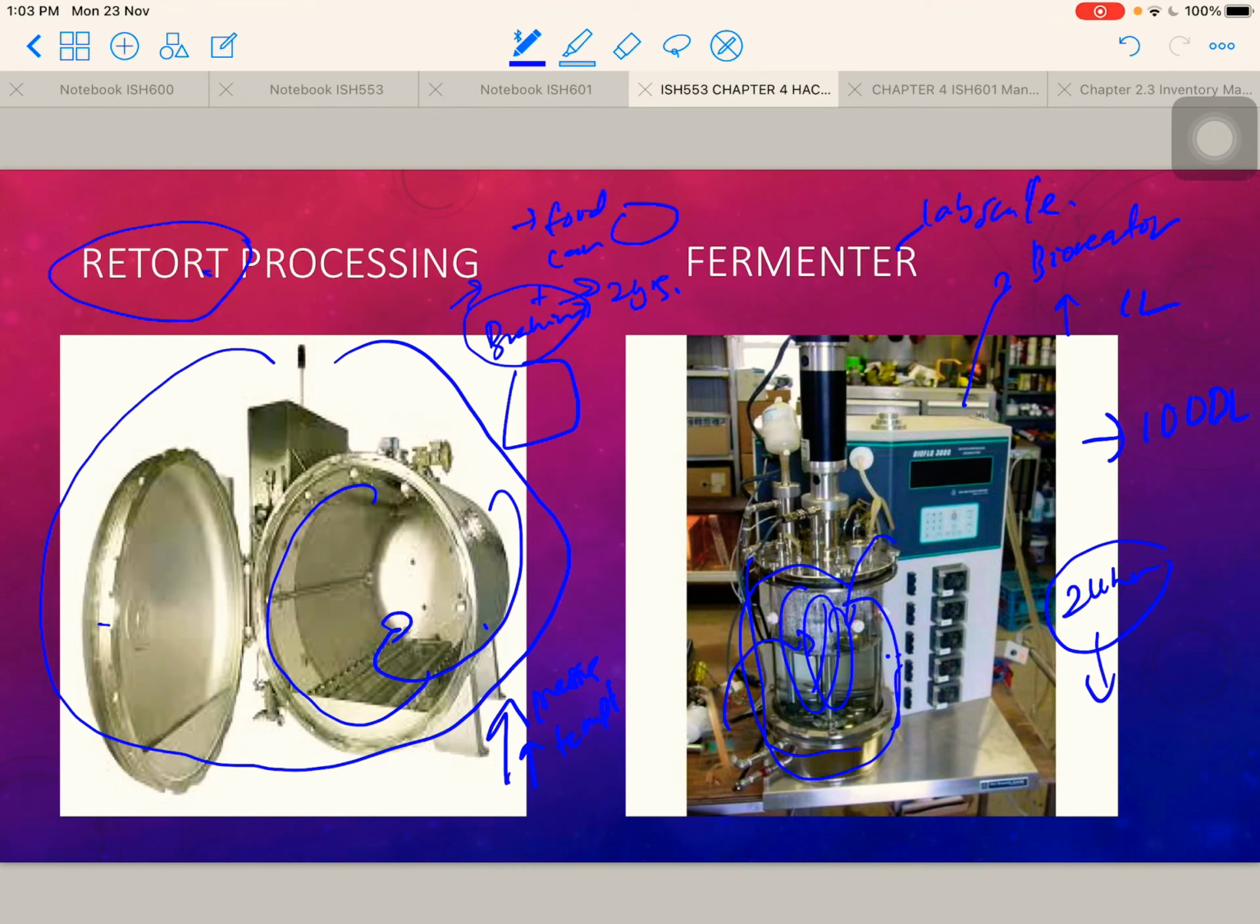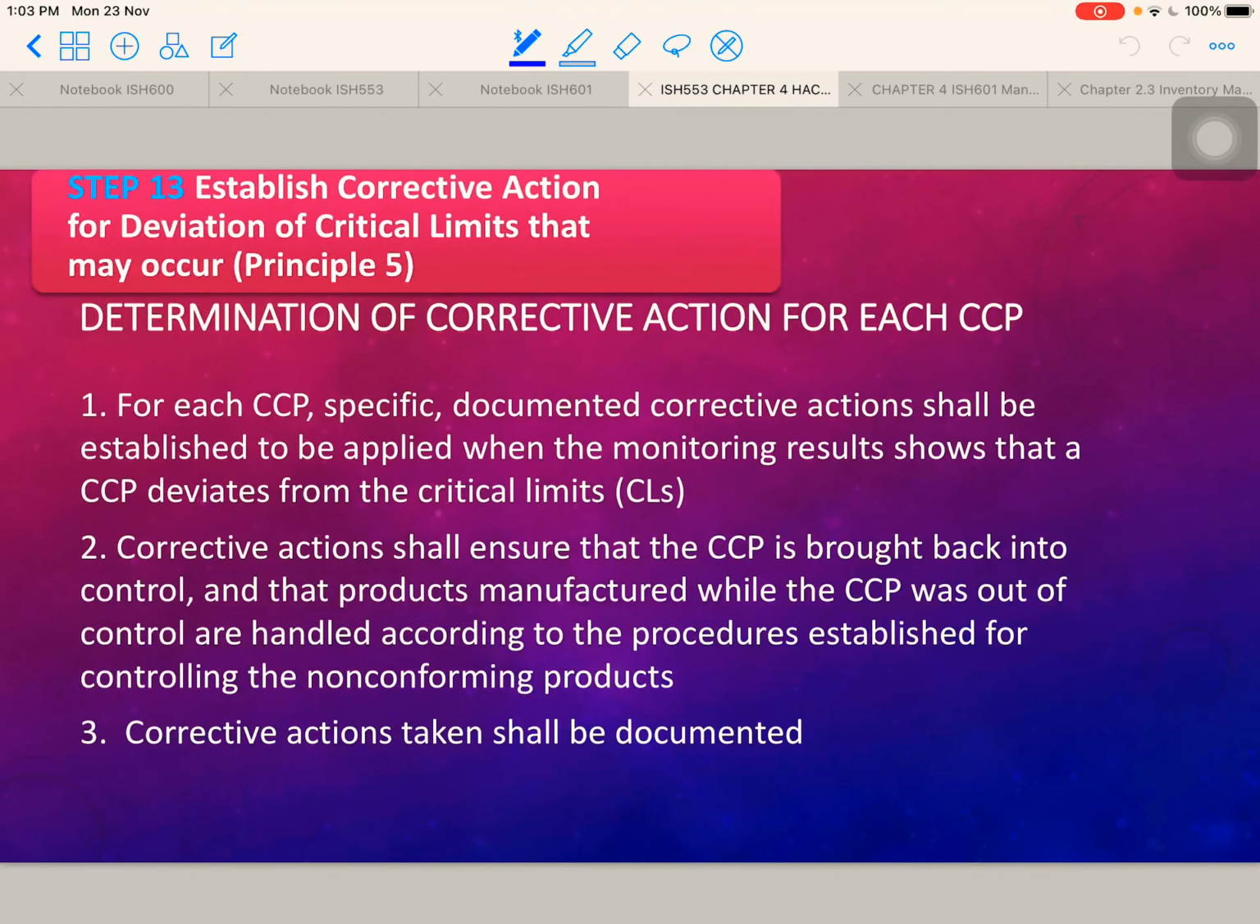Okay, so basically the equipment is considered as the things that you need to monitor. Okay, step number 13, establish the corrective action for deviation of critical limit that may occur. So after we have done the monitoring system, now is step number 13, to establish corrective action for